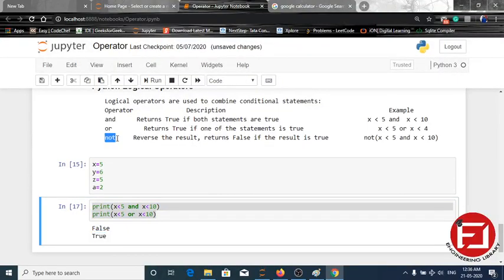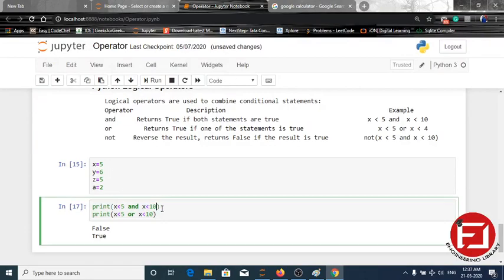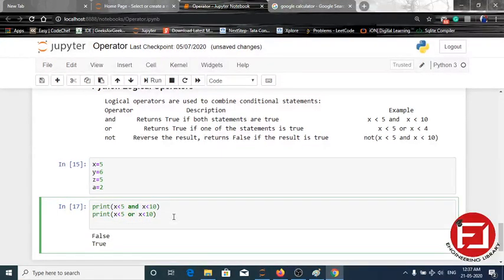Now coming to the NOT operator. What does the NOT operator do? Sometimes in programming we need to reverse the value. In many cases, when you start doing programming, you will encounter logic where you have to revert the value. If it is true, then you have to make it false. If it is false, you have to make it true forcefully. Suppose we need to print this value as true, although it is false. Then what we do is simply put a NOT operator before it.